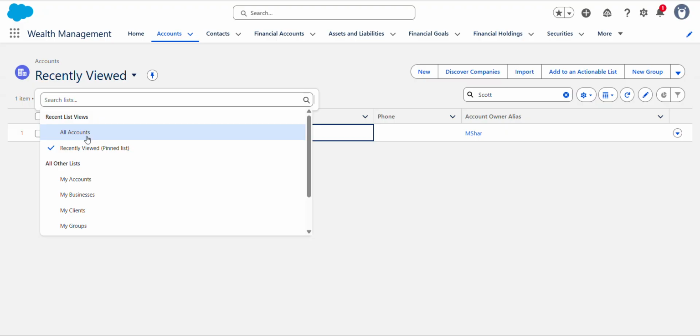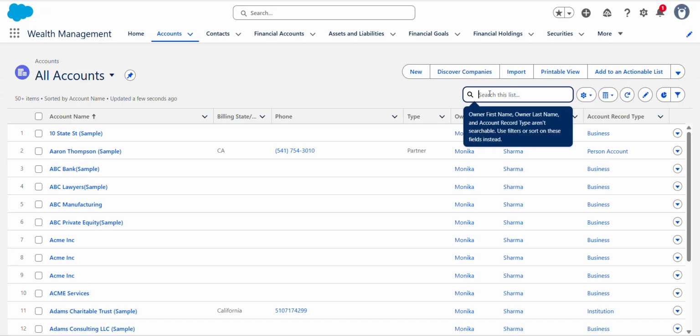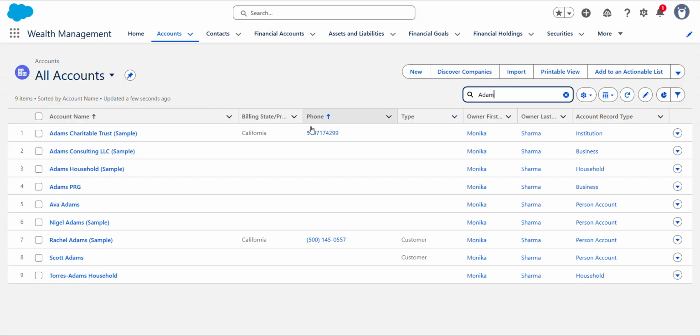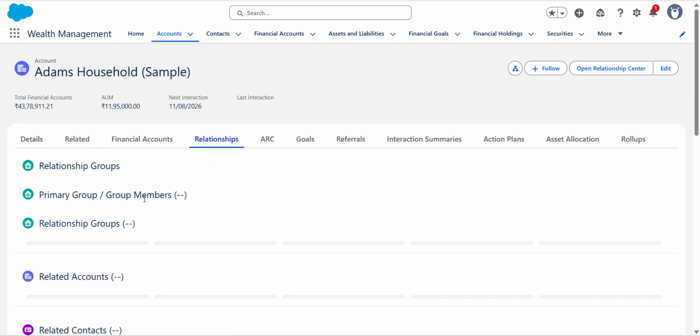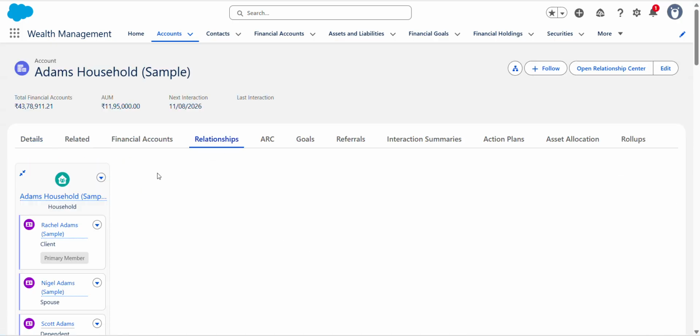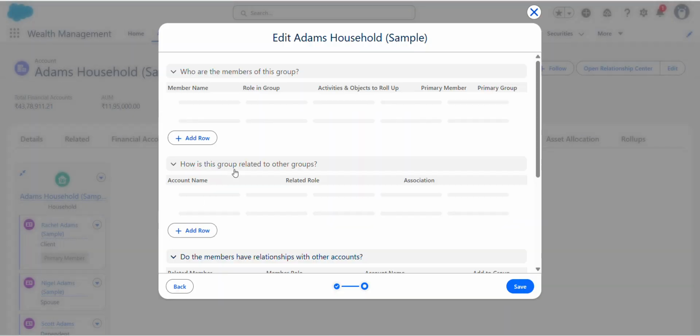So go to All Accounts, search for Adams, click on the Adams household sample record, click on relationship tab and edit group.